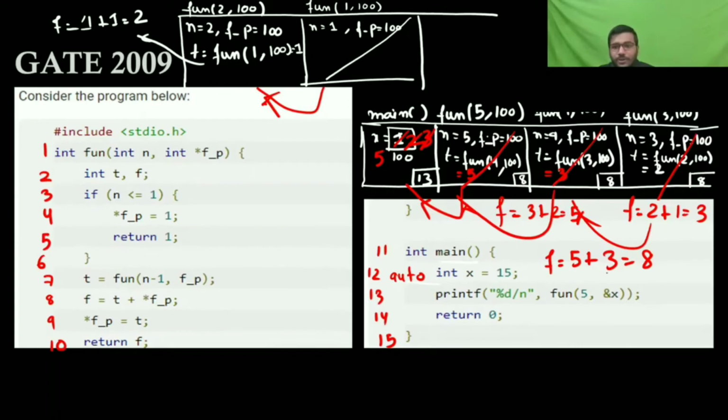So it is going to return f, that is 8. So see this function is going to return f which is 8, 8 will get returned, the output you are going to get here will be 8.